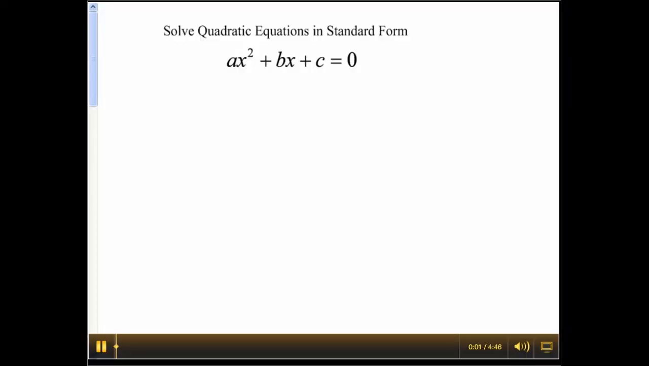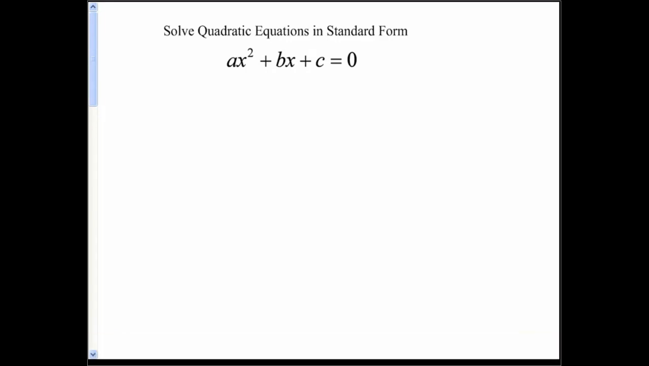In this lesson, we're going to solve quadratic equations in standard form. Standard form is ax squared plus bx plus c equals 0. The first example, x squared equals x plus 30, is not set equal to 0, so it needs to be